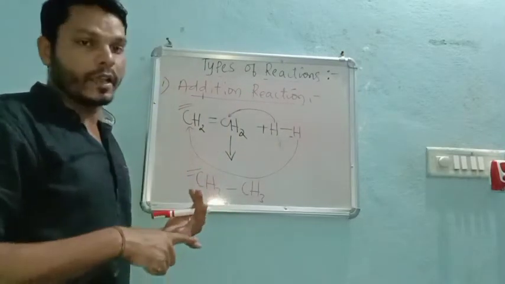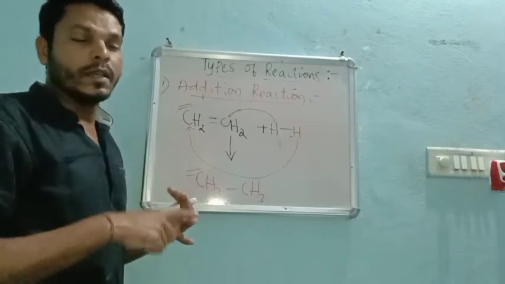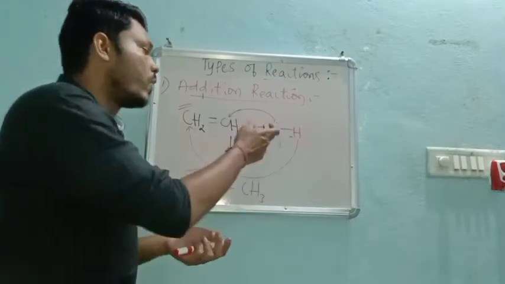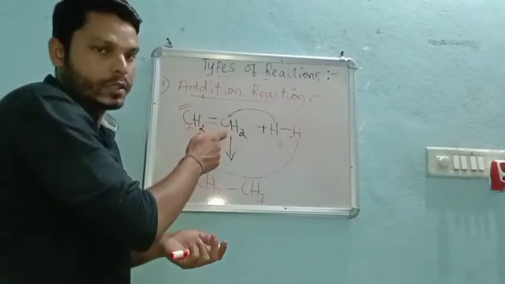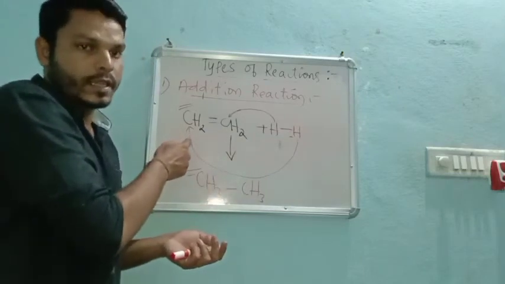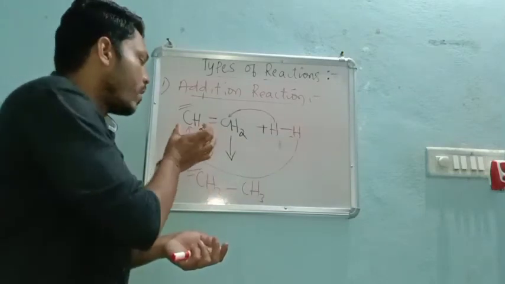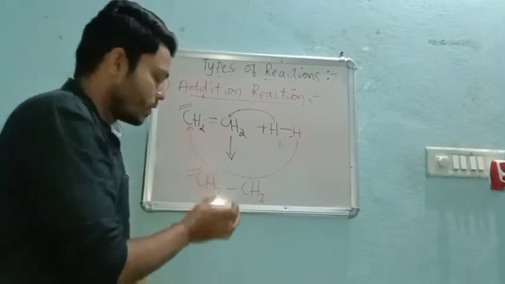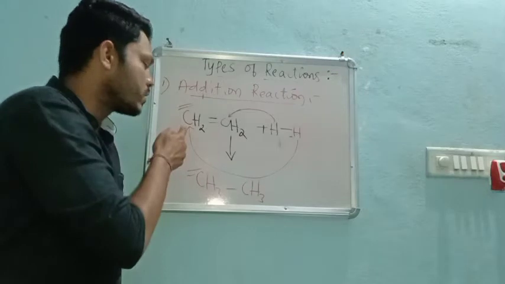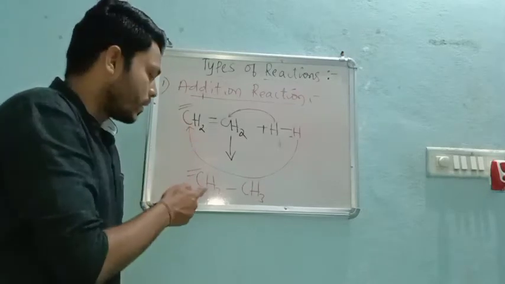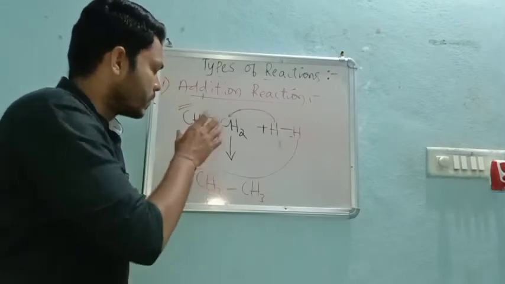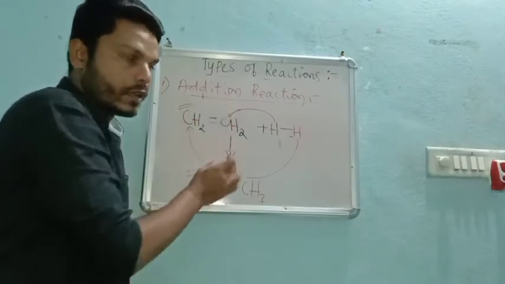Whether it is elimination or addition, it takes place one at a time. So one hydrogen will attack this carbon atom, and the remaining hydrogen will attack the other carbon atom. We already have CH2, CH2, so I kept it like that. Because of the addition of one hydrogen onto this carbon atom, the number of hydrogens becomes 3, and the double bond is converted into a single bond. Why? Because